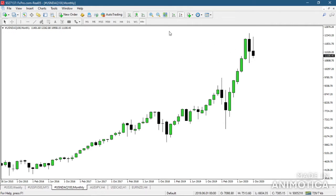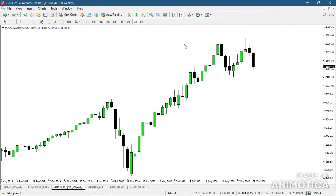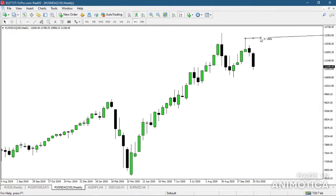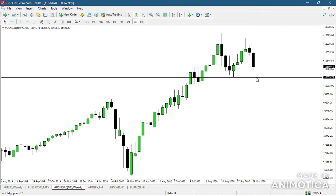Let's just head down to the weekly time frame. Yeah, so you can see on the weekly time frame Nasdaq, this level right here has been holding Nasdaq for quite some time, and we didn't get to retest our all-time high, so this becomes your lower high right here. So what I'm expecting next from NAS is probably we could push down lower towards this level right here and then head towards the upside,